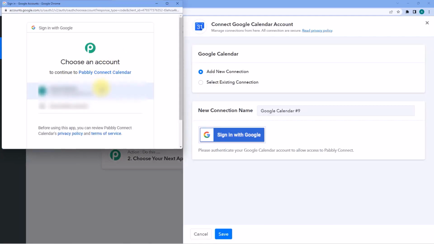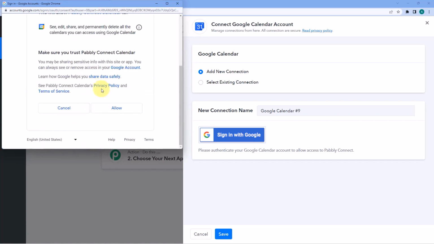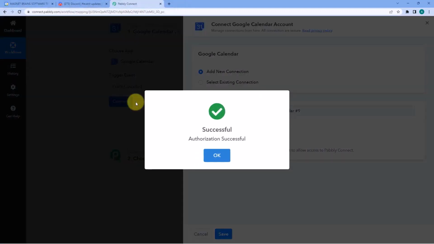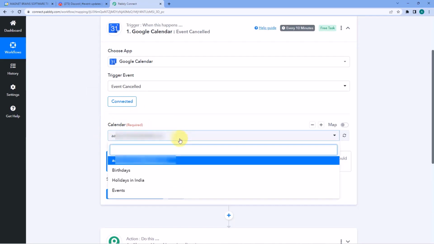list of all the Google accounts which you have logged in your browser. Select your Google Calendar account, scroll down and click on Allow. And as we click on Allow, we will see our Google Calendar account will get connected with Pabbly Connect. After making this connection, the first thing it asks us is the calendar. And here in the drop-down, you can see a list of all the calendars which I have created in my